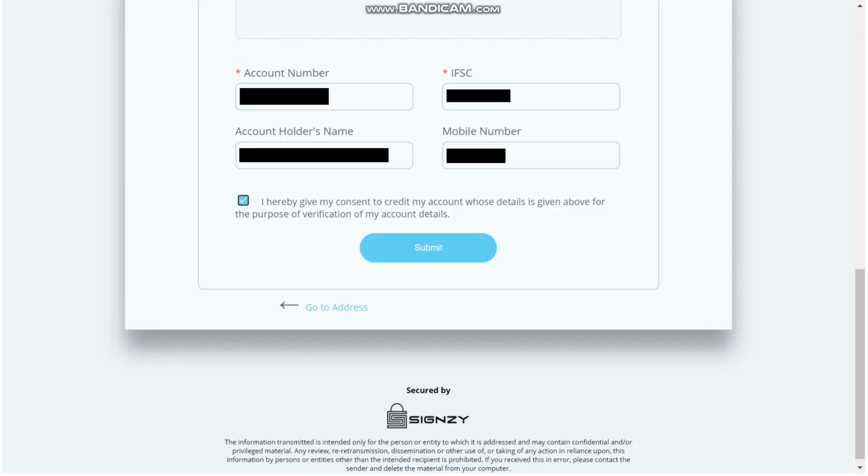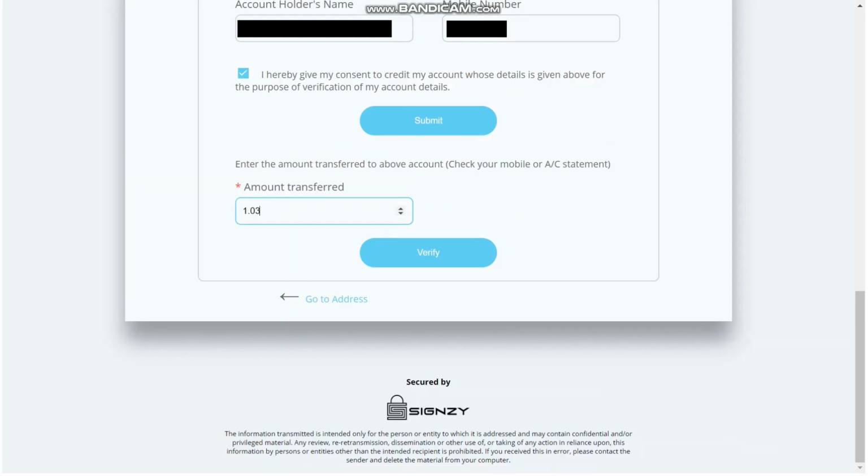The investor has to click on this I hereby consent and then click on this submit button. Once the investor clicks on the submit button, they will receive a credit of 1 rupee into their account. So they have to mention that 1 rupee or 1.03 or whatever amount they have received, and click on this verify button.